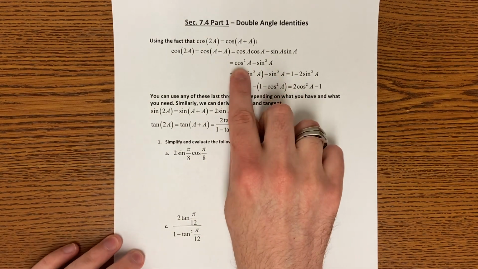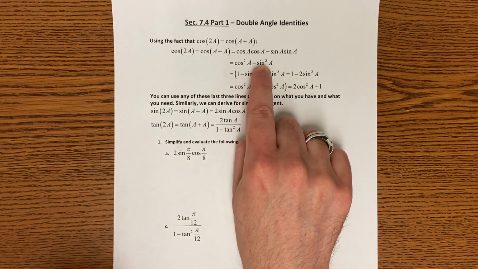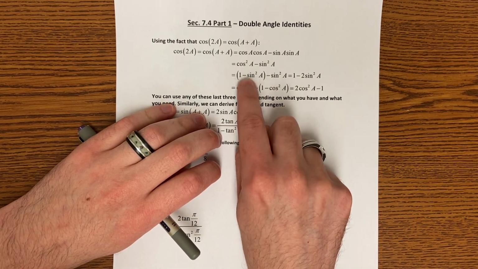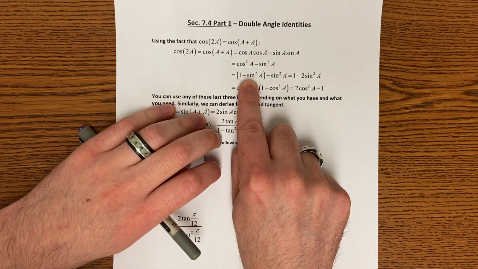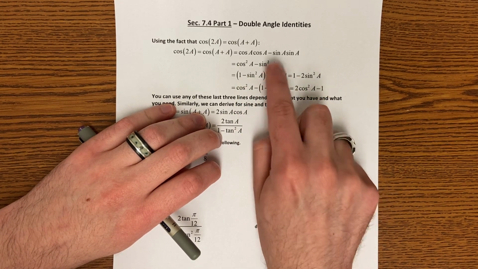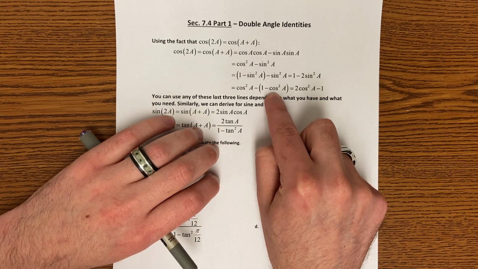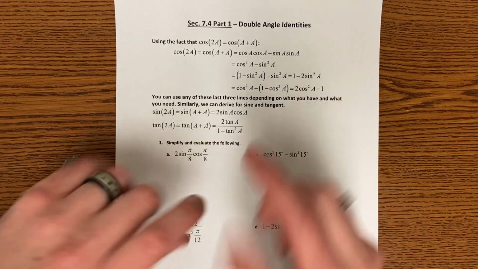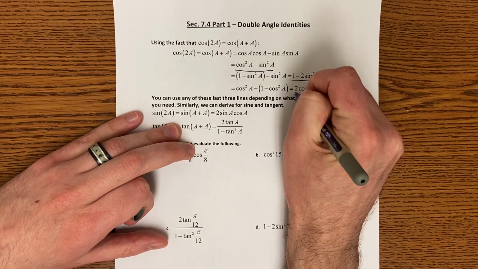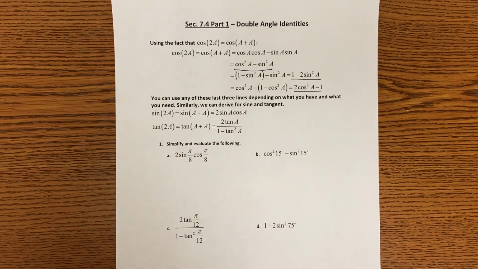Now, because this has a cosine squared in it and a sine squared, you can convert the cosine squared using your Pythagorean identity into 1 minus sine squared A, and then combine your sines, or vice versa, move your sine squared into 1 minus cosine squared and combine the cosines. So there's really three options for cosine of 2A, depending on what's most appropriate in the moment,